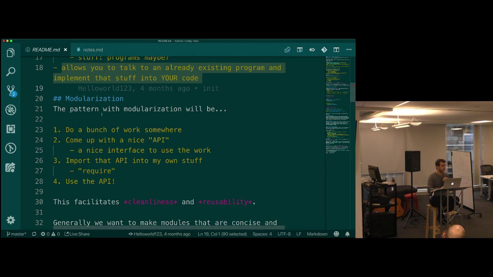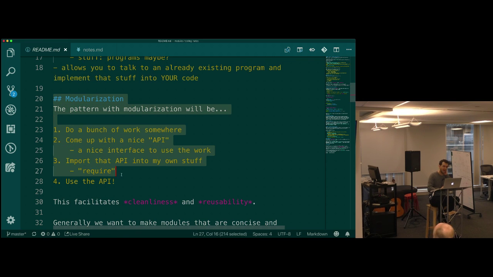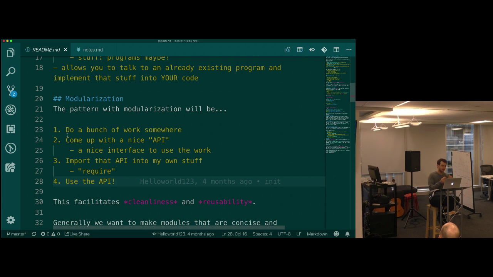That whole packaging process is called modularization, right? I'm going to see that there's going to be a pattern with modularization, which is first, do a whole bunch of work somewhere, then come up with a nice API, a nice method for interacting with that work.